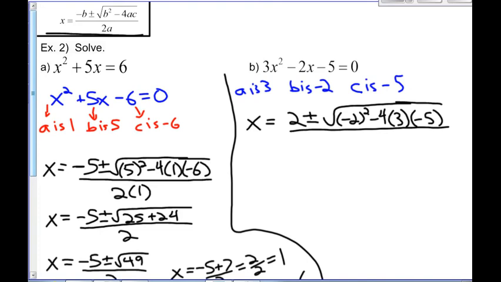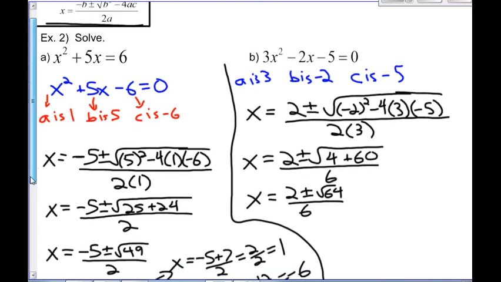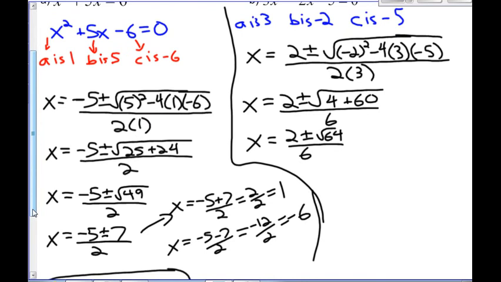Let's see what this gives us. All over 2 times a. So that's 2 plus or minus the square root of 4. This is going to be 12 times 5, so 60, all over 6. Or 2 plus or minus root 64 over 6. Follow it a little further. Root 64 we know is 8, so 2 plus or minus 8 all over 6 gives us two potential solutions,